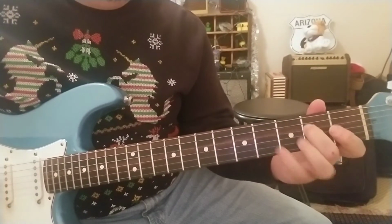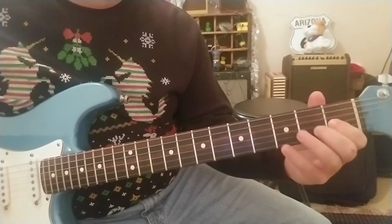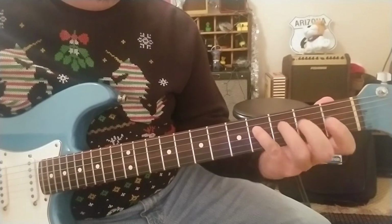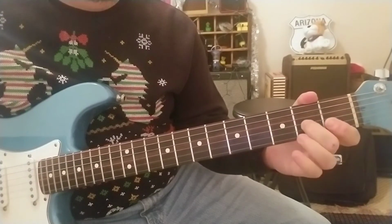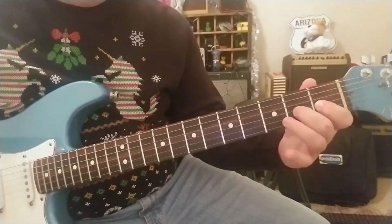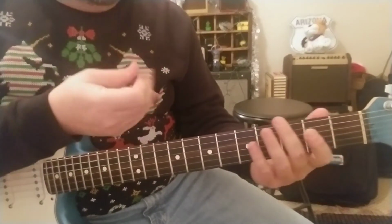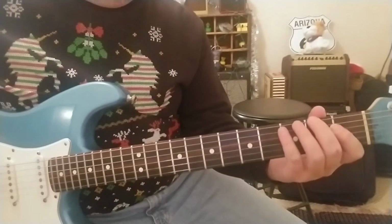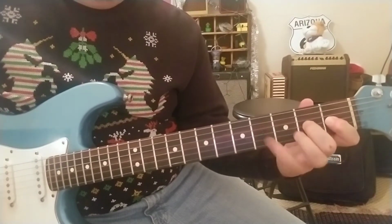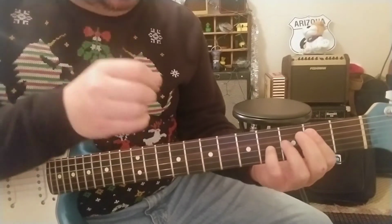Try that again. So same notes, basically same intervals. I'm just playing it an octave higher. That's all. So we're going to go from the open strings here to the next octave up. Okay. One of the things that the band does in this second section, when we go up an octave,